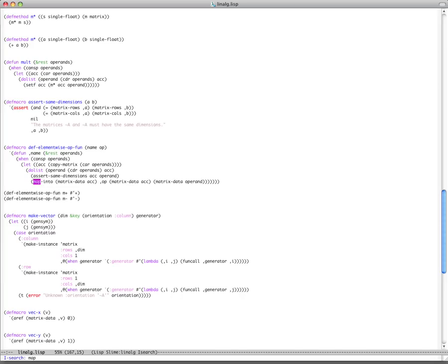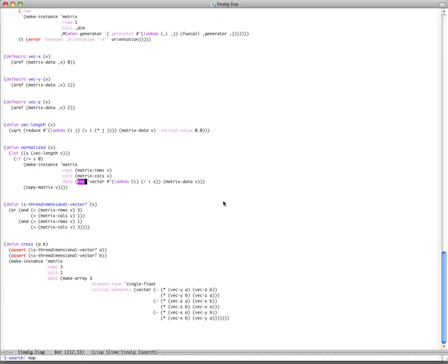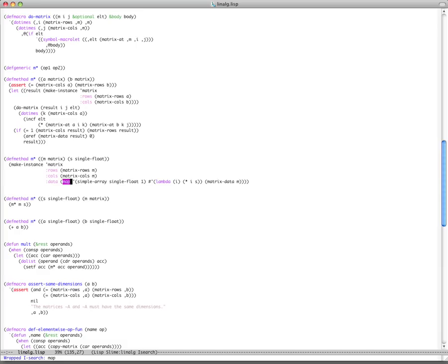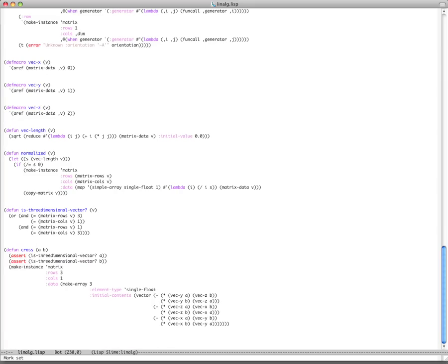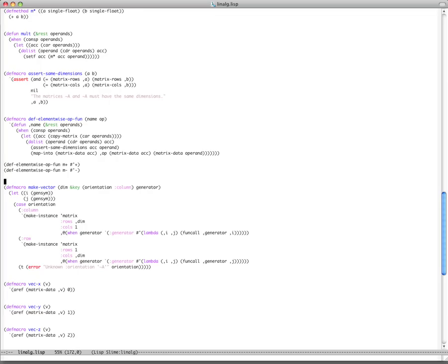Look for the next map. Map-into doesn't create a new array, but here we have the same problem once again. Simple array, single float, rank 1. We're done with that. No more maps, I think. Okay, good. So then almost the last thing is we have defined a nice macro, make-vector, in order